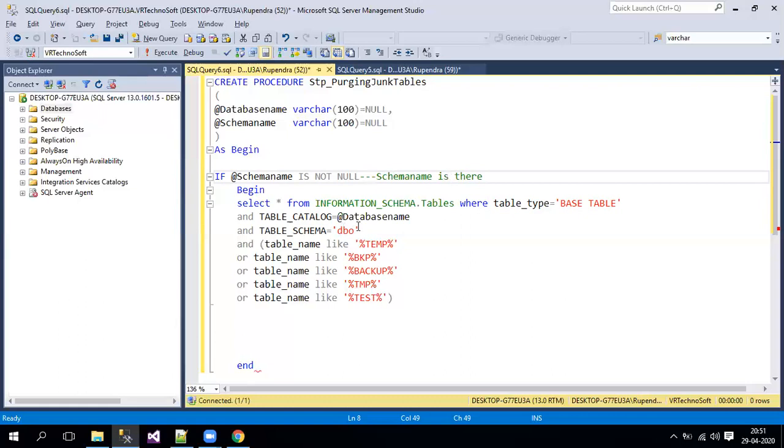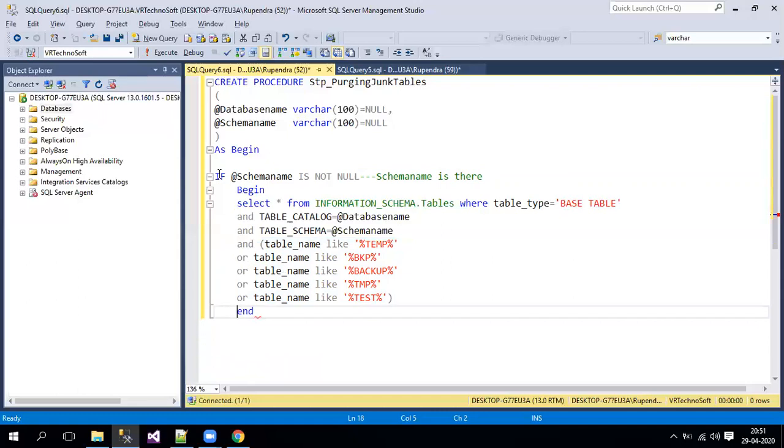Here also we should not take a hard coded value, whatever schema the client is passing we have to mention over here. Only from that particular schema we have to get all the table names which contain these keywords. Anyway, these keywords are hard coded because the client has mentioned that only the tables which contain these keywords should get removed, right? So now I'll just end this.